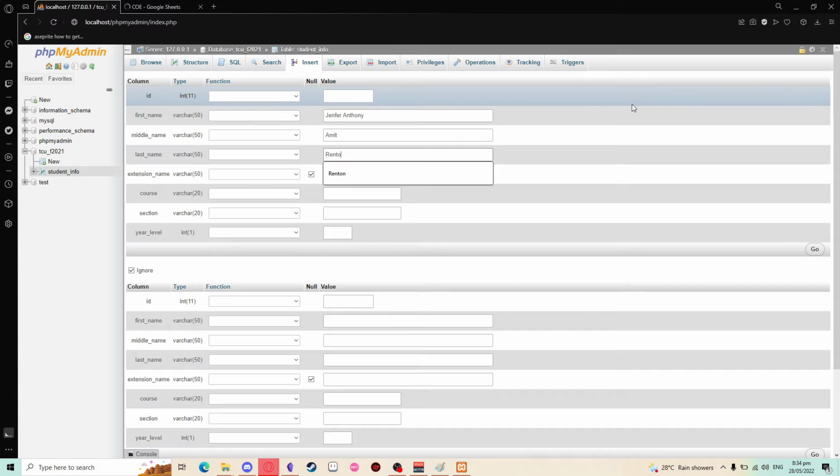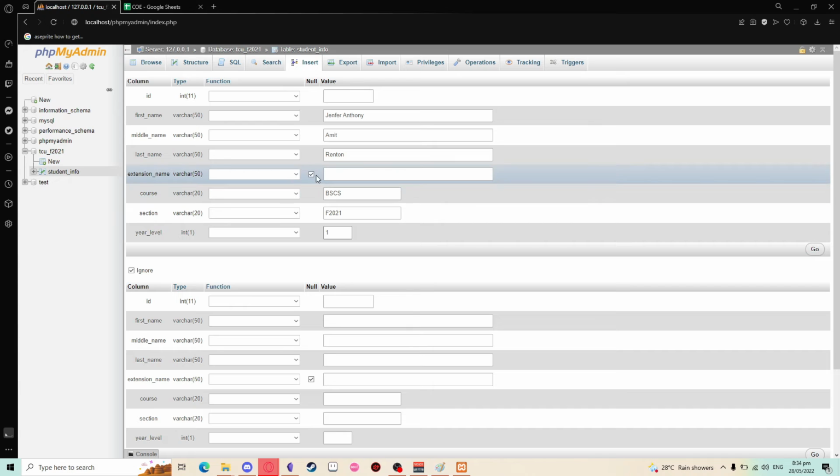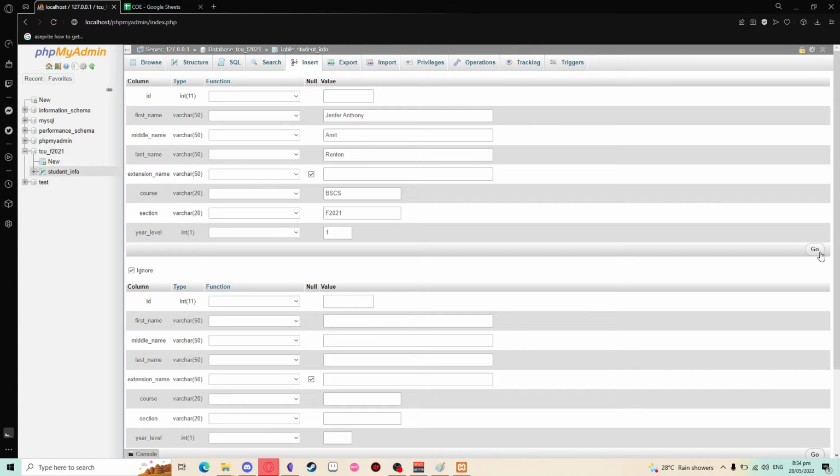My last name is Renhan. I don't have any extension name. My course is BSCS. My section is F2021, and I am a first year. And there we go. For the extension name, since we don't have any values there, it's gonna be null or empty. We're just gonna click go,